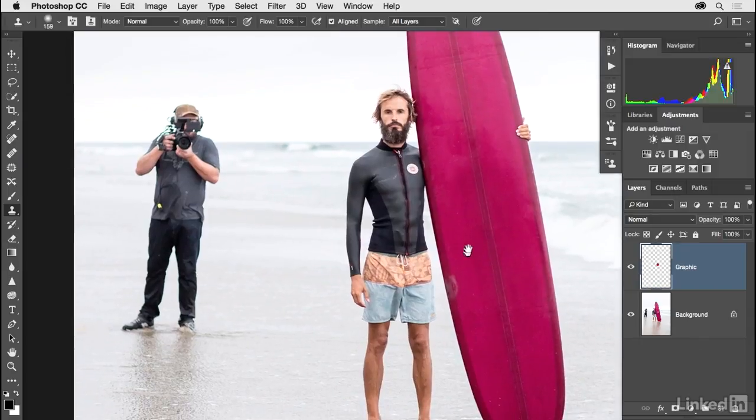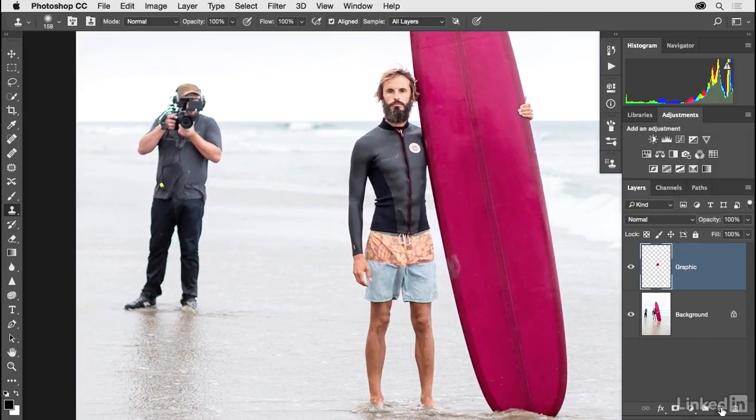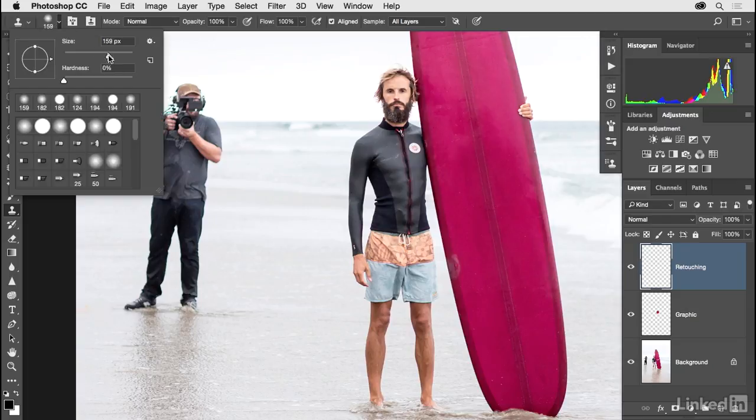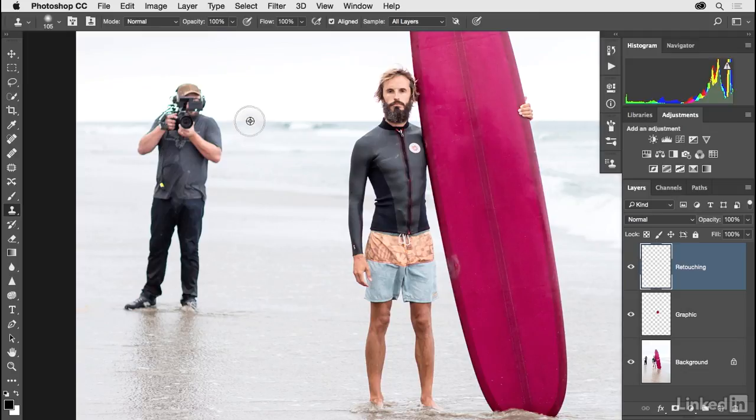Let's do the same thing with this guy over here off to the left. We'll create a new layer. I'll go ahead and name this one Retouching. Next step, with the clone stamp tool, I'm going to make my brush a little bit smaller. It feels like it's a little bit too big there. And I'll click out of that dialog, hold down the Option key on a Mac, Alt on Windows, and we'll click